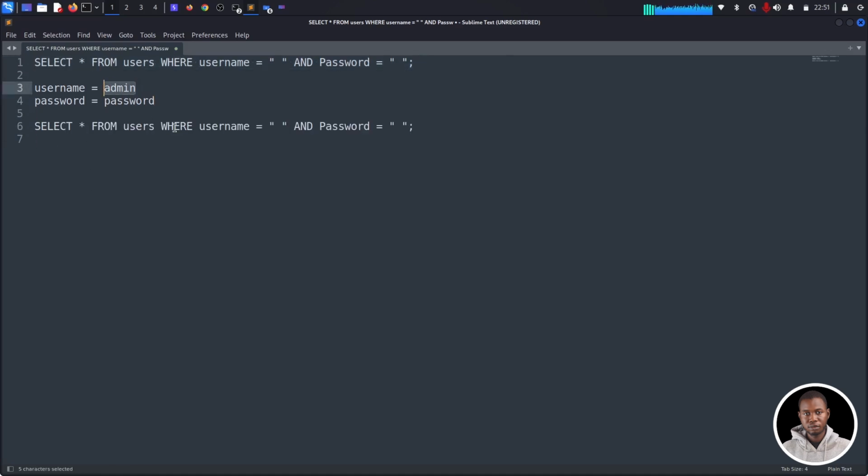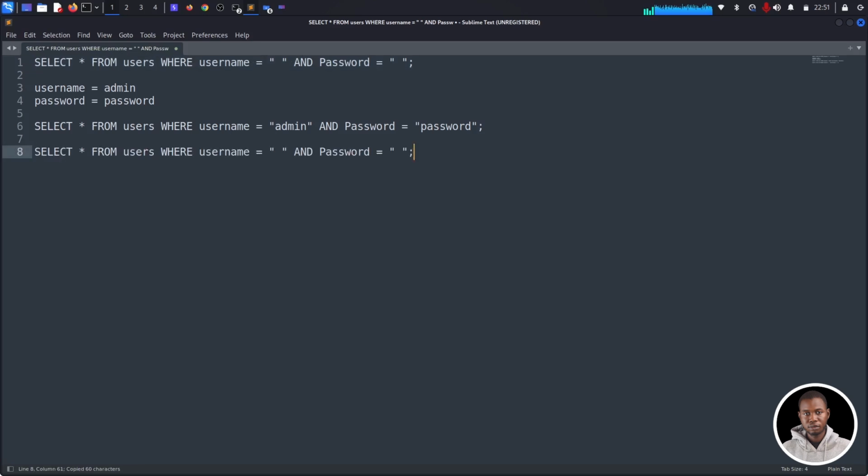The admin will get inserted here, and the password will get inserted here for us to be able to authenticate. So what we can do is drop our payload in here and possibly see if that could bypass the authentication check. So the very first payload I want to do is, if we're having this,